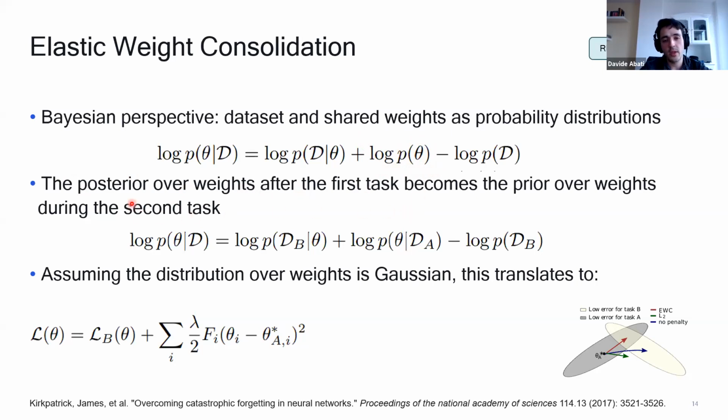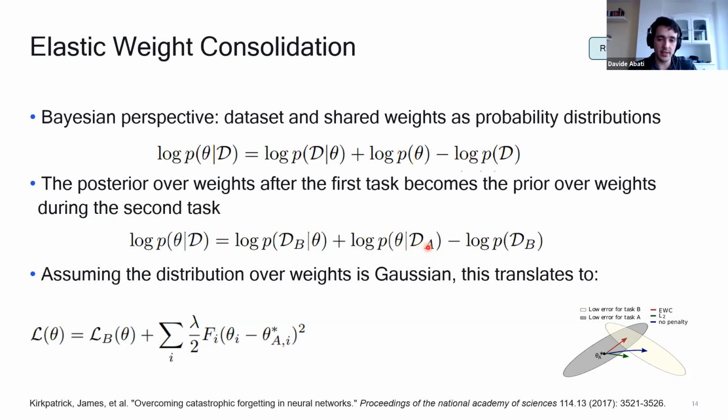So if you have two tasks, in this case A and B, you train on task A without particular priors, and then when you train on task B, the posterior over the weights will be given by the maximum likelihood over the dataset B, plus a regularizing factor here, which is the posterior of the first round, so over task A. And this prevents the weights to drift much from the MAP estimate at dataset A.